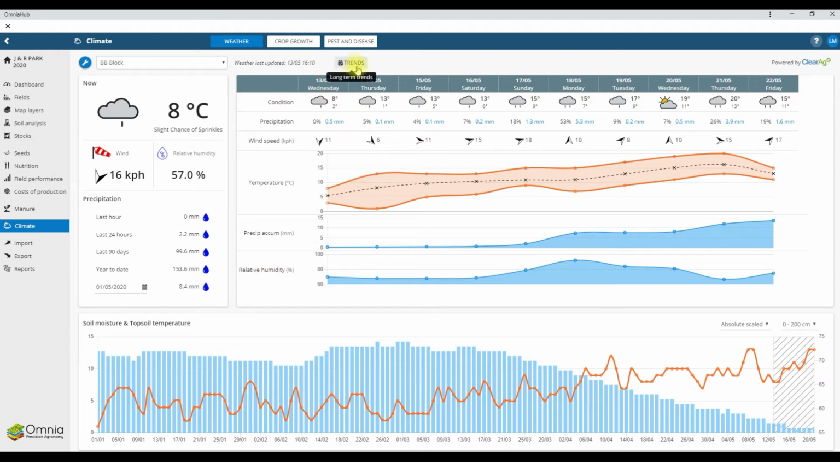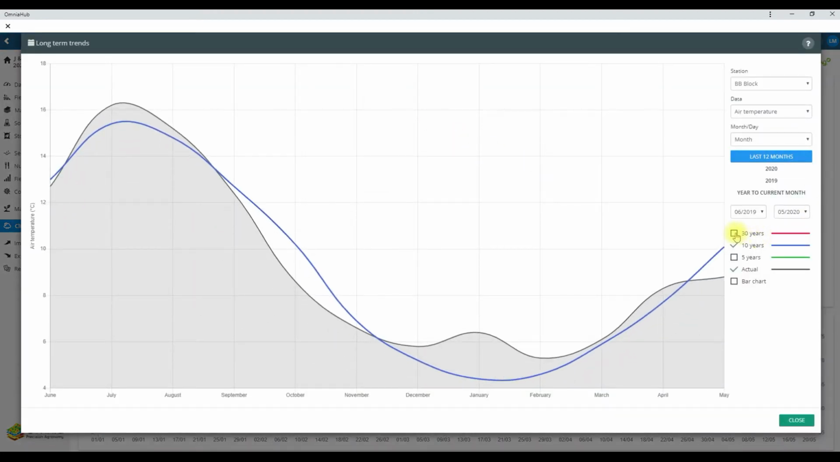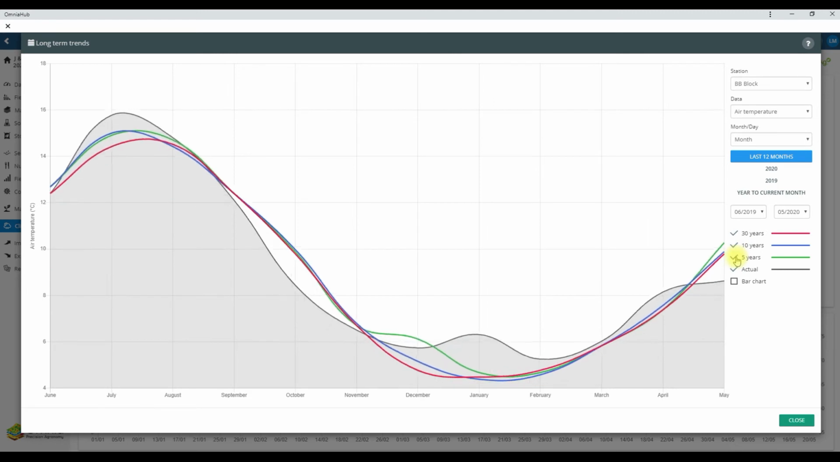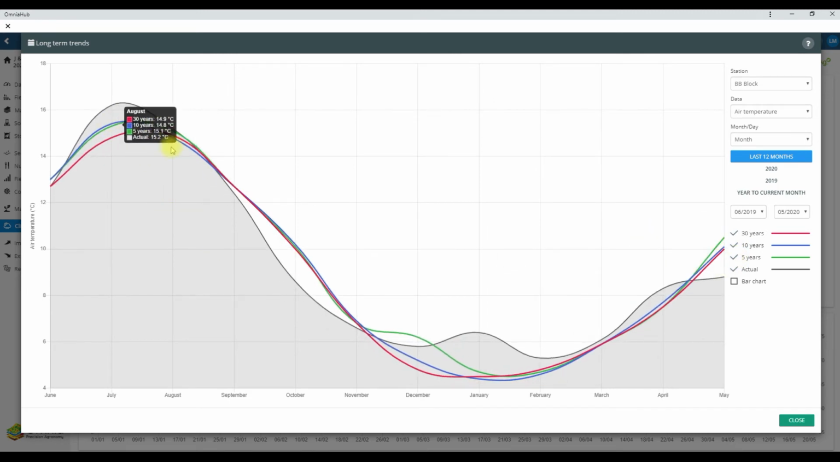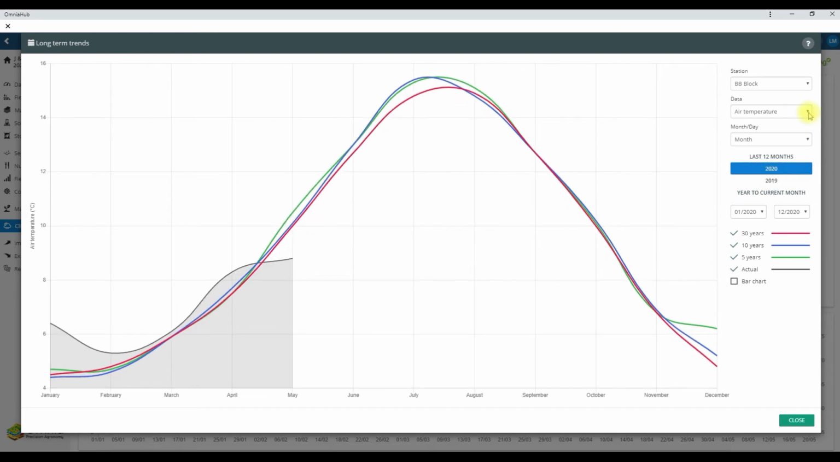Now if we want to look at more detail, up on the top we've got trends. This is where we can look at the 30-year, 10-year and 5-year average on these coloured lines, and the grey line is what the actual data for this year is. So if we look at 2020, we can then change different parameters. So if we look at, say, the rainfall,